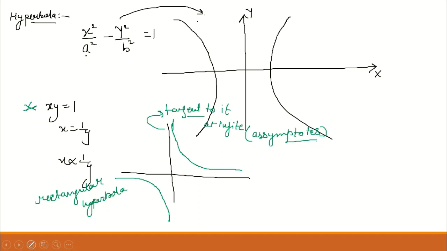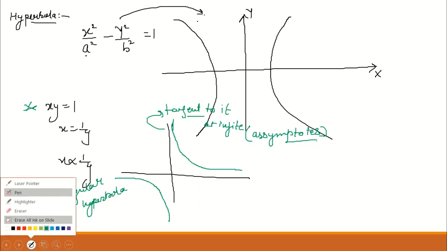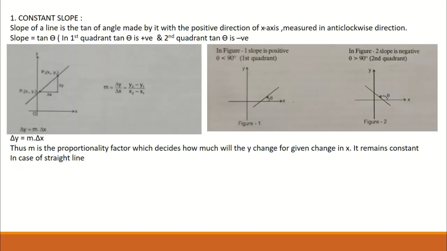These are not very much required, but what is required is the types of the graphs. What types of graphs are there, what are the possibilities, whether it is a circle or an ellipse or a hyperbola. Rectangular hyperbola is not a straight line. If the equation is given, what kind of graph, how can we interpret that, what graph can be drawn, right? With the help of these equations only we can draw it.